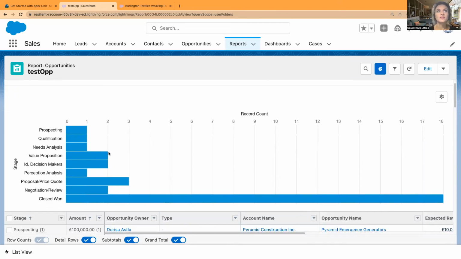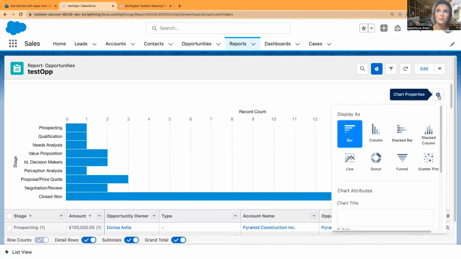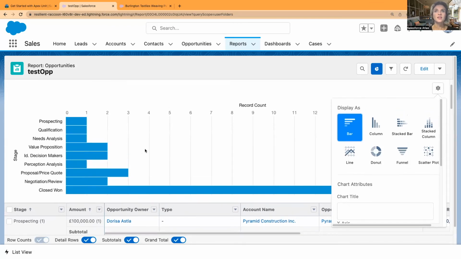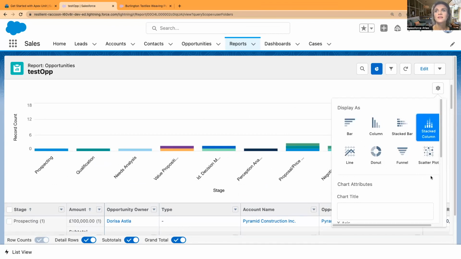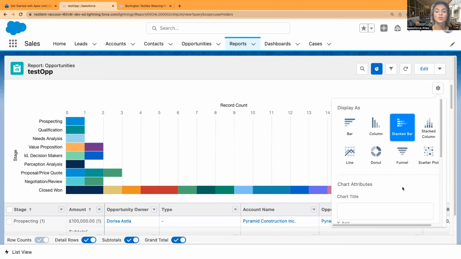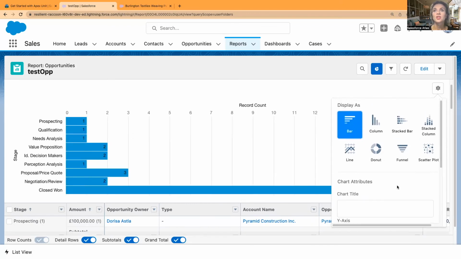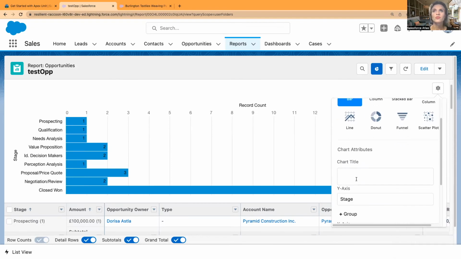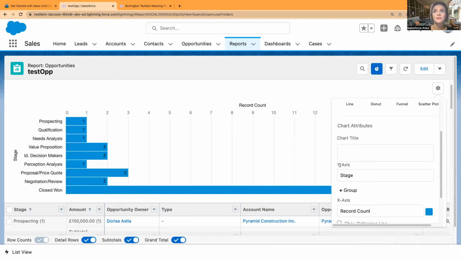Now I have some sample view. These are chart properties, and in the chart properties we can display this chart as a bar chart, column, stacked bar, stacked column, line, donut, funnel, and scatter plot. So you can see what you prefer using, and I'm sure it will depend on your data and what you have in this data. And the chart attributes, in the chart attributes you can add a chart title,